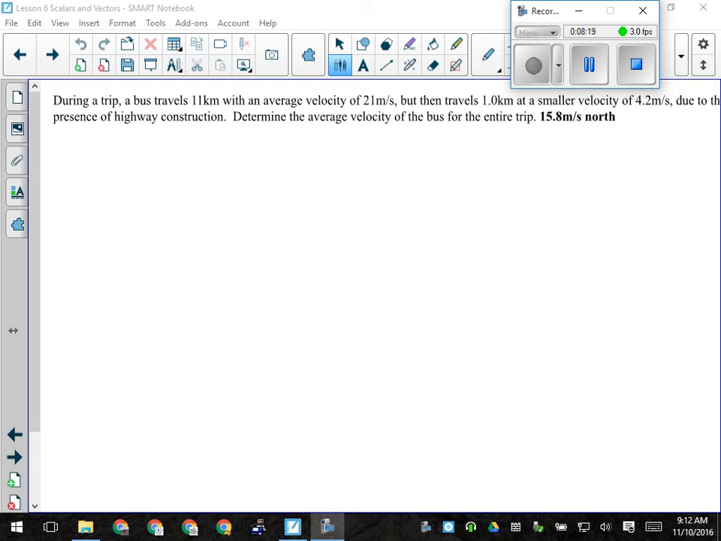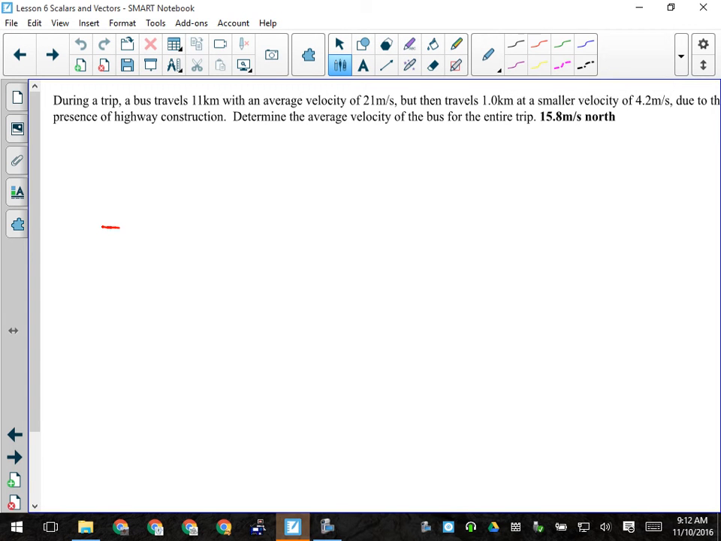All right, so we've got our bus here that's traveling 2 sections to this trip, so it's very much like the marathon runner. It's traveling with an average velocity of 21 meters per second for 11 kilometers, and then it travels 1 kilometer at a smaller velocity of 4.2 meters per second. So if I'm drawing the first part of this trip, I would have